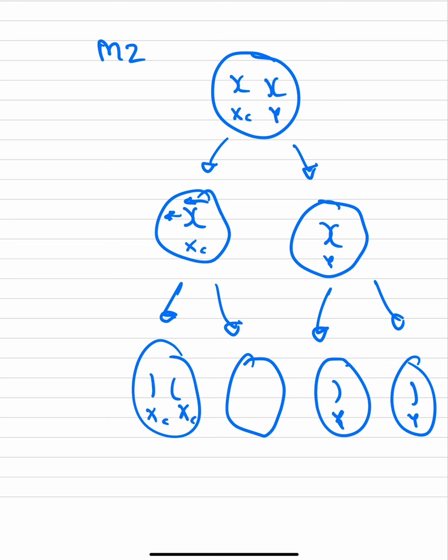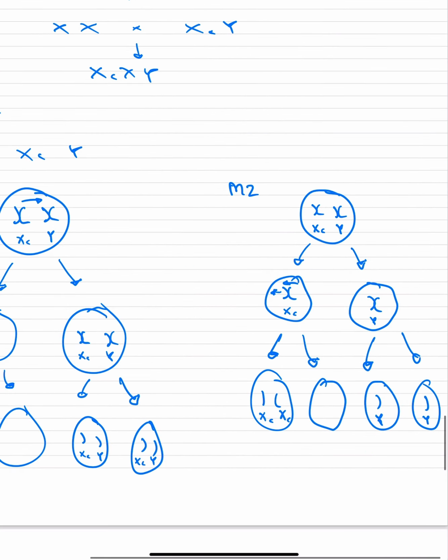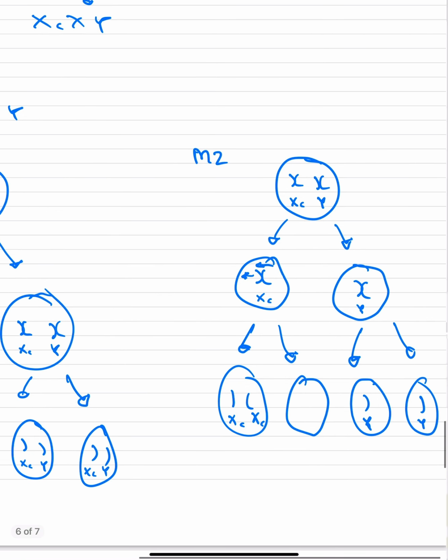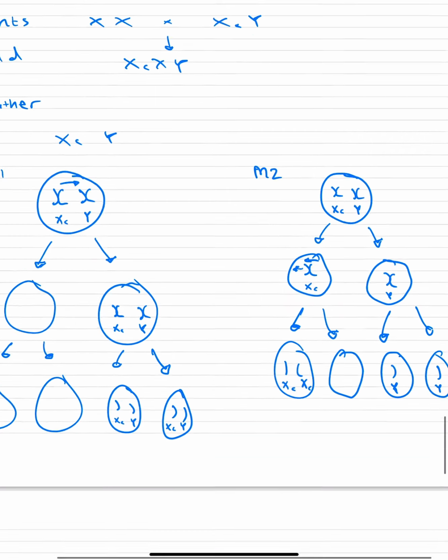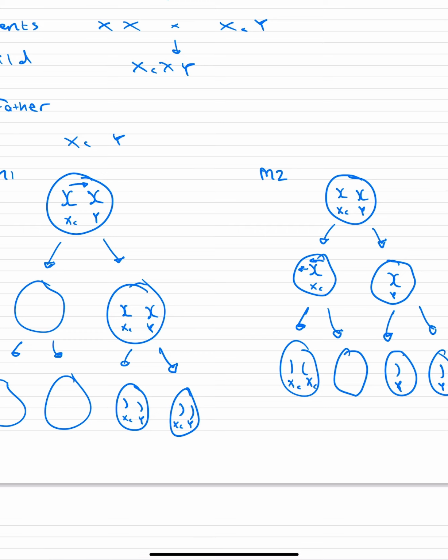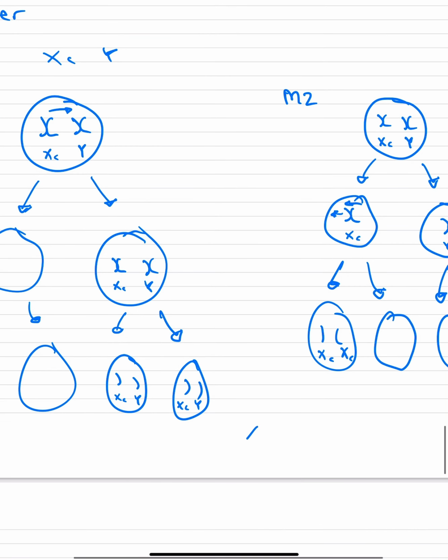It just differs based off of what extra chromosome the individual has. All right, so we have both of these genotypes. We want to figure out which non-disjunction event could have ultimately led to this individual having the genotype